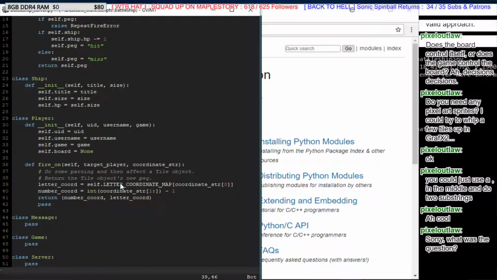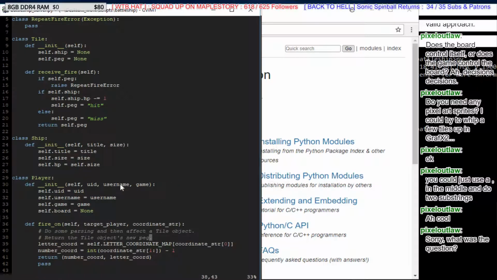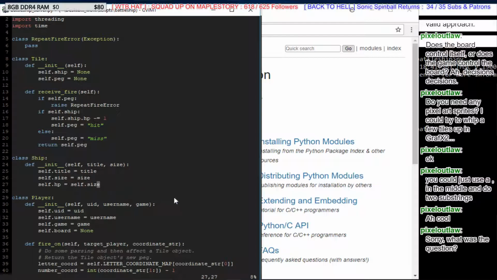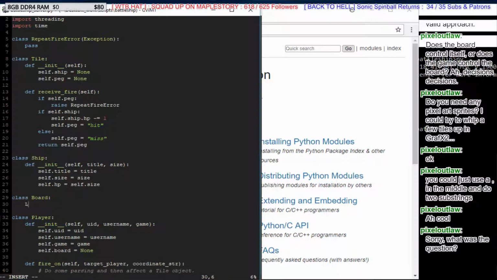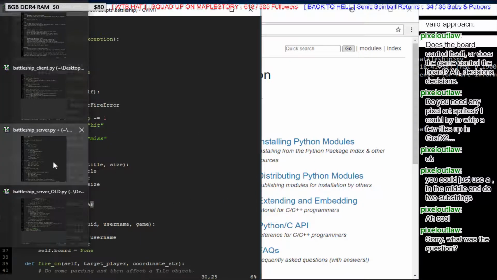Letter coordinate map. Maybe there should be a board object, huh? You know what? Fuck it. We're going to make a board object, dude. So we have ships. Now we're going to have a board, because that way it can have its own map. We're going to have a static variable here. Letter coordinate map. I already have that all written out over here